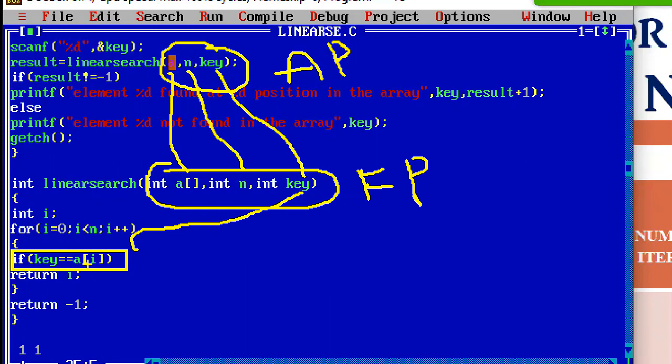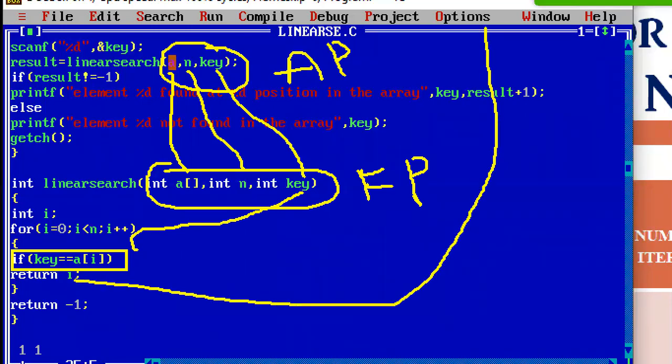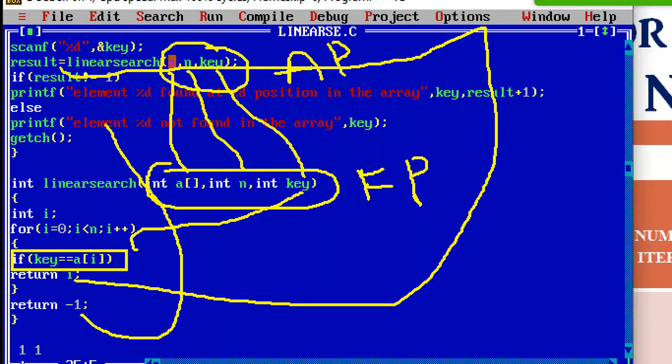Like that, all the elements will be compared with the key. Whenever a match is found, it will immediately return that position to the main function. Where is that main function? Here. That will be assigned to result. If the element is not found in the array, it will return -1 to this particular result.